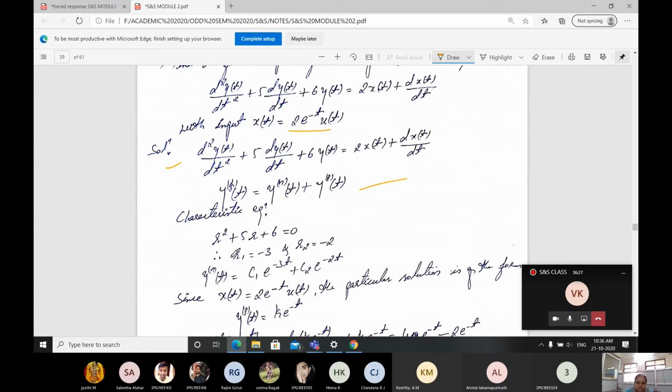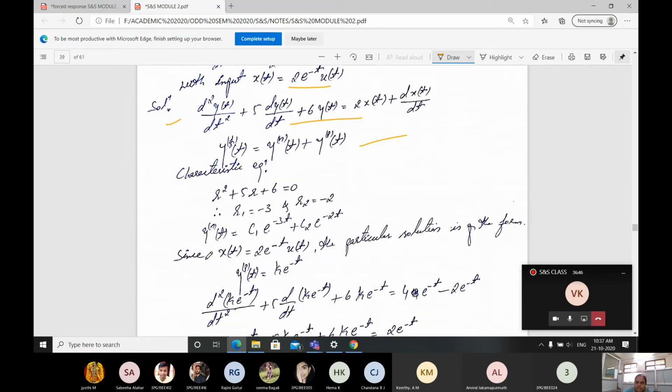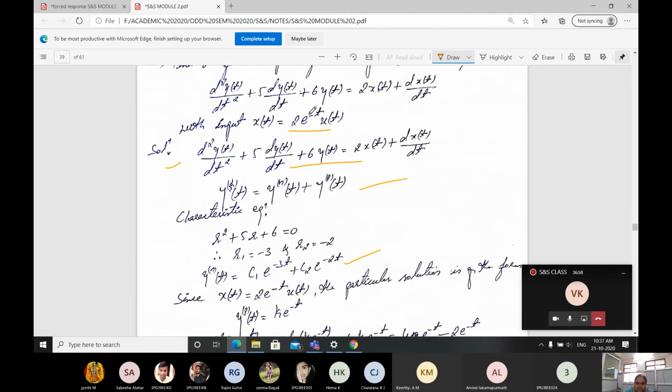The characteristic equation is going to be r square plus 5r plus 6 equals 0. Therefore, after finding the roots, we will be getting r1 as minus 3, r2 as minus 2. Therefore the natural response is going to be taken as c1 e raised to minus 3t plus c2 e raised to minus 2t. Since x of t here is given as 2 into e raised to minus t u of t,